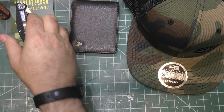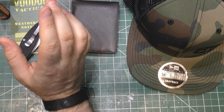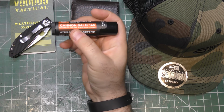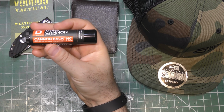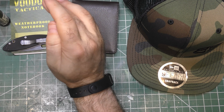I actually like, and there are probably some people that are surprised at the fact that I like the Duke Cannon. Well, remember, I'm liking the Duke Cannon based on the fact that I like the other Duke Cannon stuff and it worked. I don't know if I have any use for a sunscreen lip balm. I don't know. But I really love...